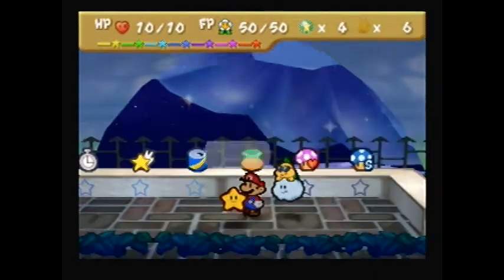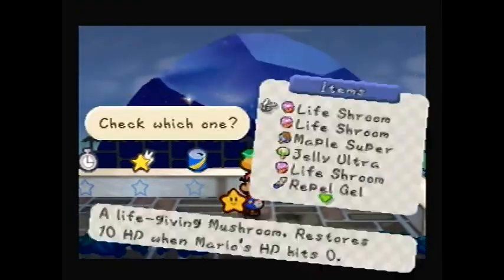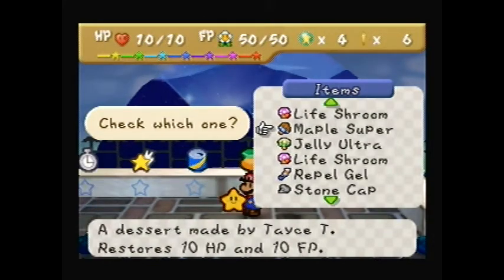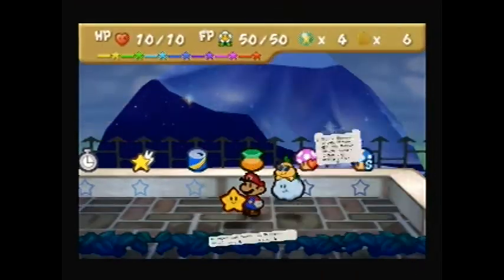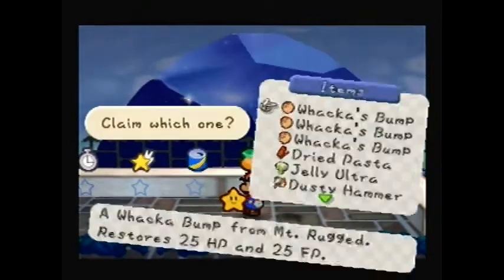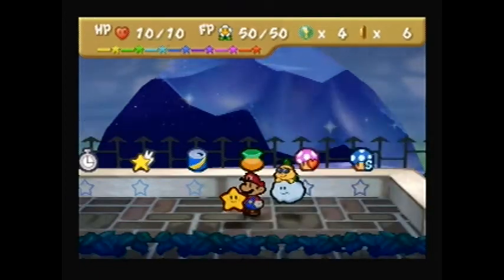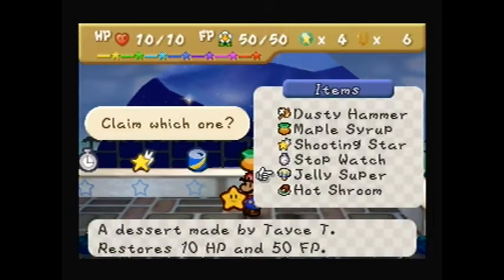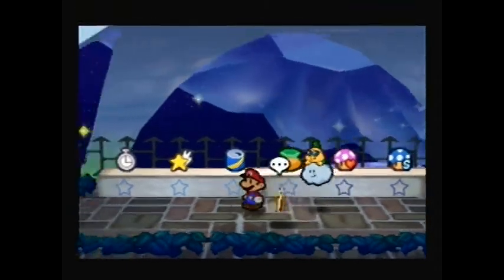Jelly Shroom and Jelly Super. Check. Alright, what am I gonna check here? How many items do I have? 1, 2, 3, 4, 5, 6, 7. Alright, we're gonna take the Jelly Ultra, because we don't need that. And now we are gonna wanna claim the Jelly Shroom and Jelly Super, or whatever they were called. Because I made those with Ultra Shrooms, so they got 50 FP and our HP that we needed. So we're pretty